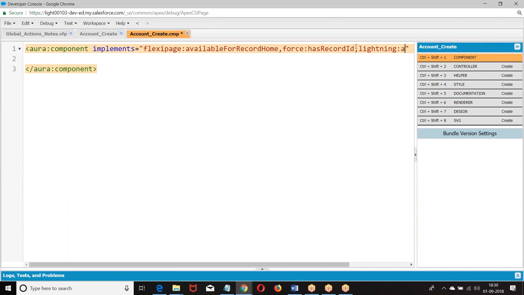Lightning action override. So here we are going to create.